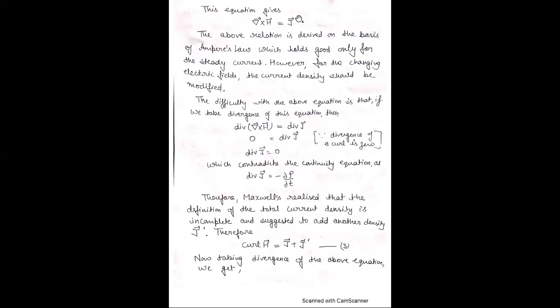Here, this is the steady current density, and if we take the divergence of this, divergence of del cross H, that is equal to divergence J. We know that divergence of curl of any vector is 0. Therefore, divergence J is equal to 0. But